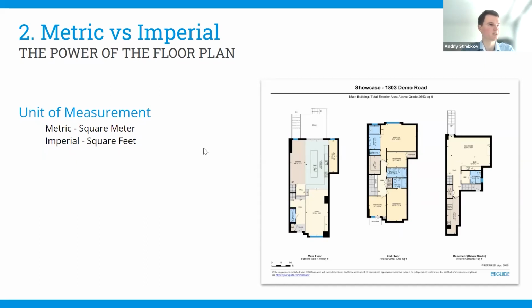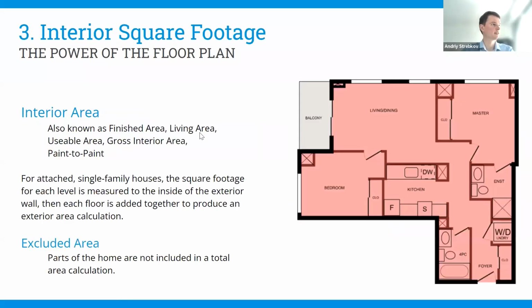So it's imperial system. The next principle basically tells us how to calculate the interior square footage of a property. The interior area is also known as finished area, living area, usable area, gross interior area, paint to paint. There are many different names, but it basically signifies the same thing. And